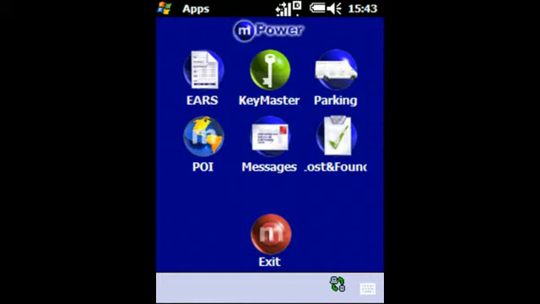There are several mTS applications available. In this example, SecurityServe, which is the management visits application, Master, which is our key management and monitoring system, Parking Assist for managing staff and visitor parking and movements, POI, which allows you to map and name certain points of interest, Messages, which is the dedicated in-application messaging system, Lost and Found, which allows you to manage lost property movements,